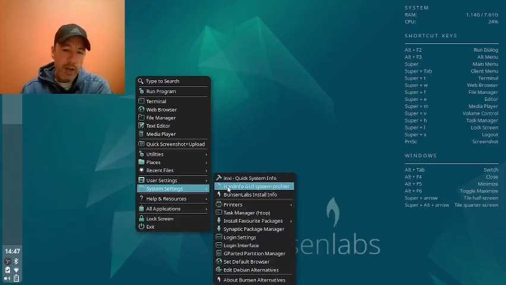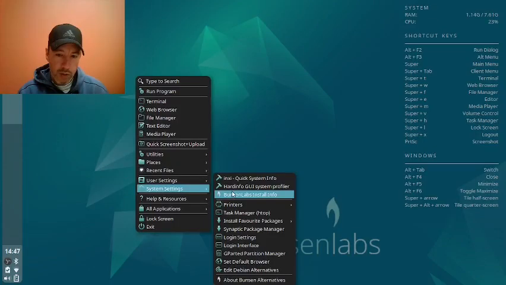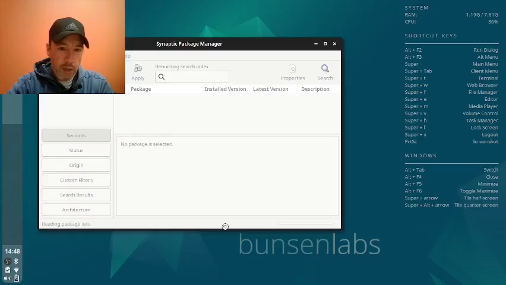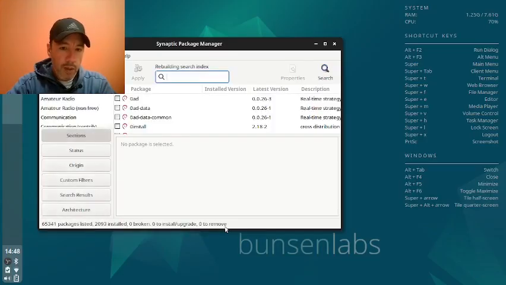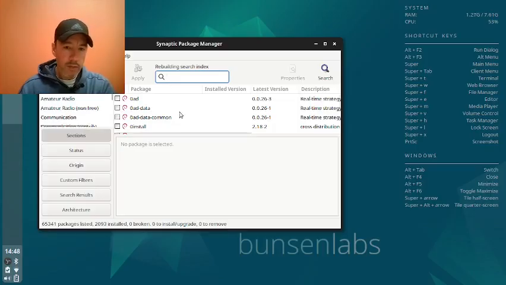Oh, Synaptic is how you get applications. It's the package manager on here. So if I want to get an application, I just go down here to Synaptic Package Manager. It does want you to provide your password every time you get access to it. But in here, it's kind of cool. You've got different categories here. So this is the Synaptic Package Manager. Obviously you see a lot of Debian little squirrels back there. So that means it is